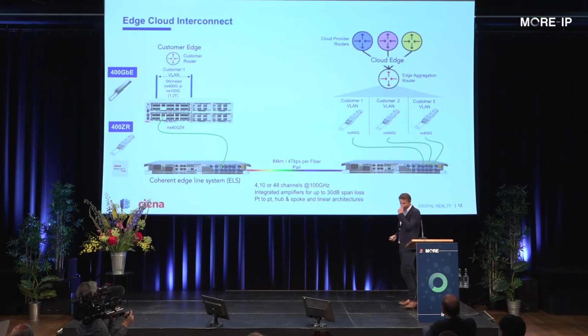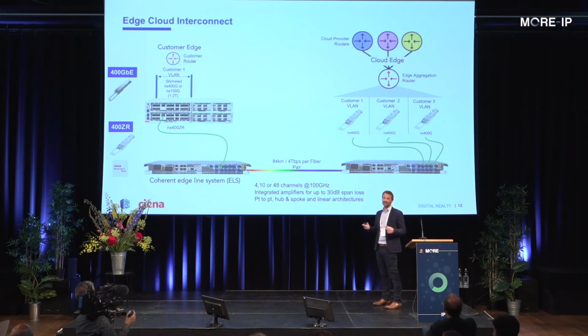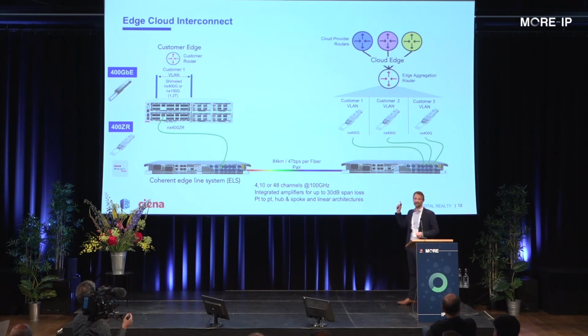And the beauty of this is that it has been defined by standards organizations like OIF, and it is MSA compliant as well. So you can use this kind of plug either in some demarcation platform, like the one you can see here, or also directly in a switch or a router. And the beauty is that it's going to interoperate. So you can use those plugs directly in an edge router, or if you want to still keep a demarcation with your network, you can use this demarcation platform.